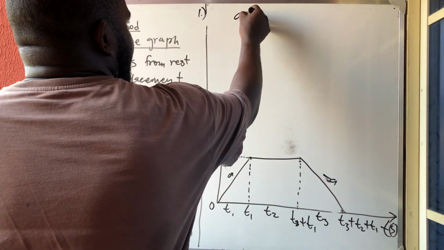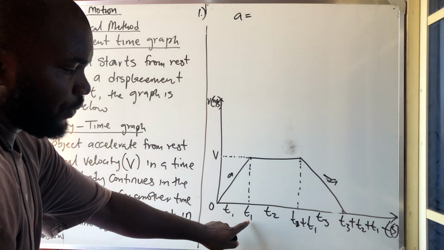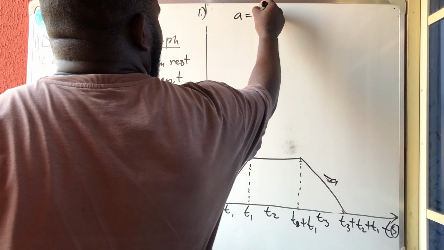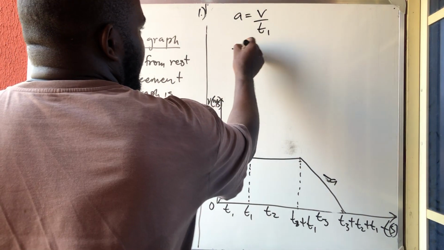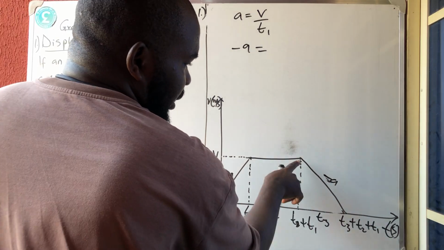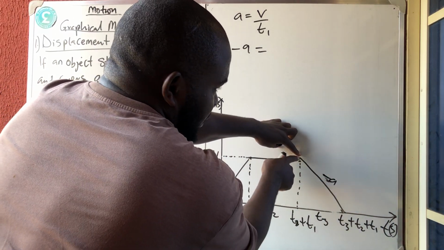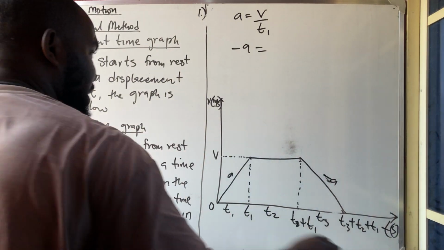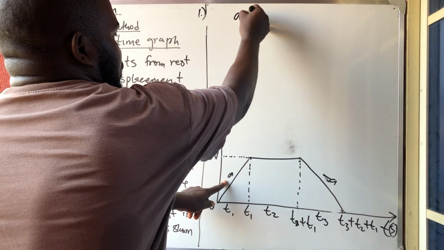So if they ask you to find acceleration, acceleration is just the velocity here over the time here, that's all. But if they ask you to find retardation, minus acceleration is from this side. The velocity here is the initial velocity, or let me show you the best way to get it. Watch me now. To get the acceleration,